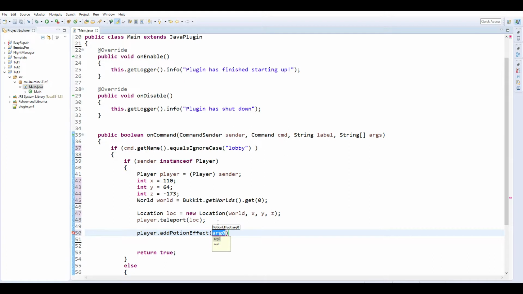And then inside this, and again, this is just my way of doing this. A lot of people would set the potion effect on its own, but I'm just going to be doing it all in this one line. So new potion effect, and then we're making a potion effect here. So potion effect type should just be potion effect